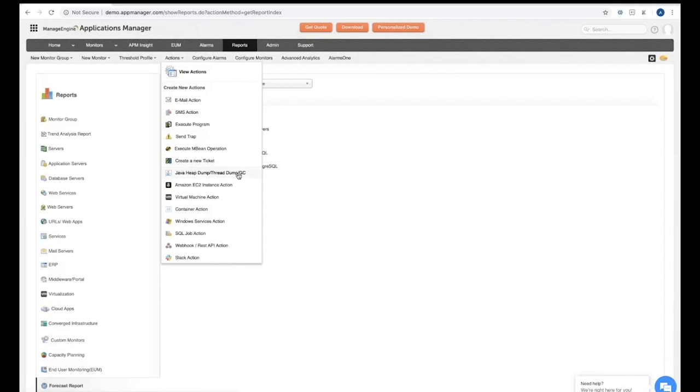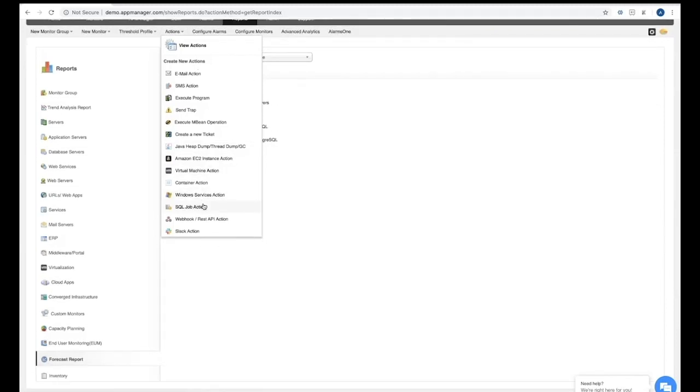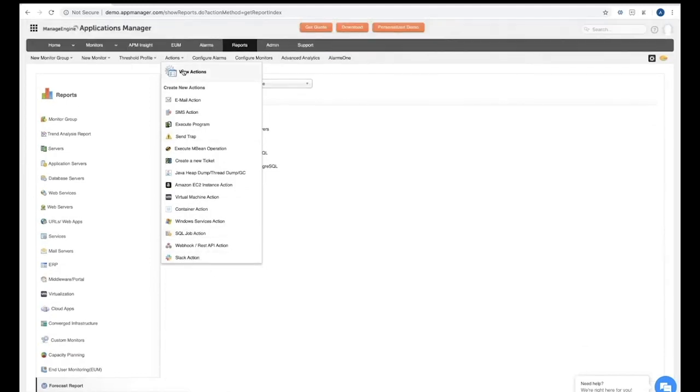Java heap dump or thread dump or garbage collection, this option will help you generate heap dumps for Java applications automatically if you automate this action with a particular threshold within your Java application. Windows Services action, SQL job action, and Slack action is something that we have introduced recently. We will be discussing more about this integration between Applications Manager and Slack in the next week's webinar. Let me go back to the presentation now,